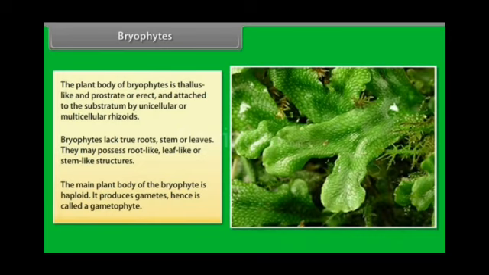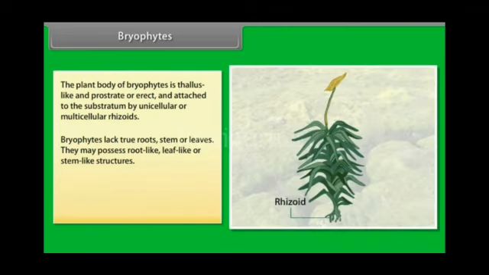In the next slide you will see that the root-like structures, the rhizoids, are shown clearly in this plant. The plant body of Bryophyta is thallus: flat, prostrate, erect. Erect means it can stand on its own, but it doesn't have a root, as is clearly seen in the diagram. Instead of root, it has root-like structures, and those are called what? Rhizoids. So these are the important points you should remember about Bryophyta: non-vascular plant, shade-loving plant, moisture-loving plant,